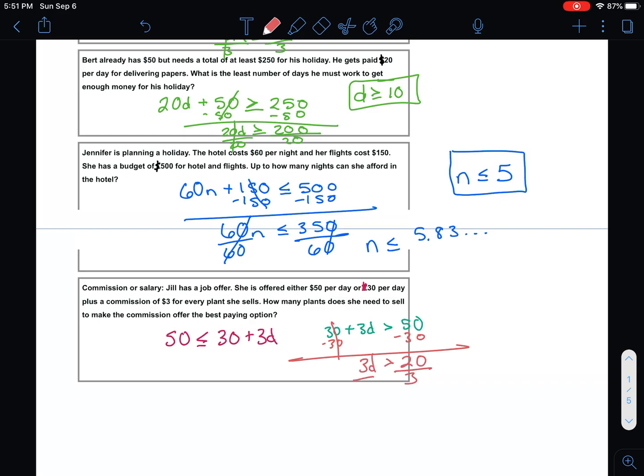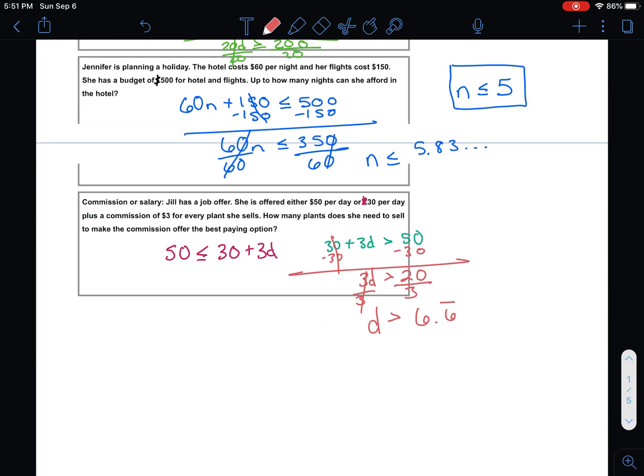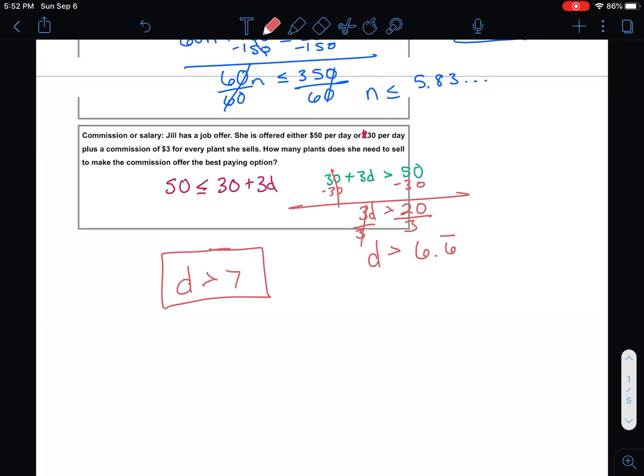I divide by 3 on both sides. And I would end up getting 6.6 repeating. So that would mean that she would need to at least sell 3 plants, every plant that she sells. So she would have to sell at least 7 plants per day so that her commission would be better than